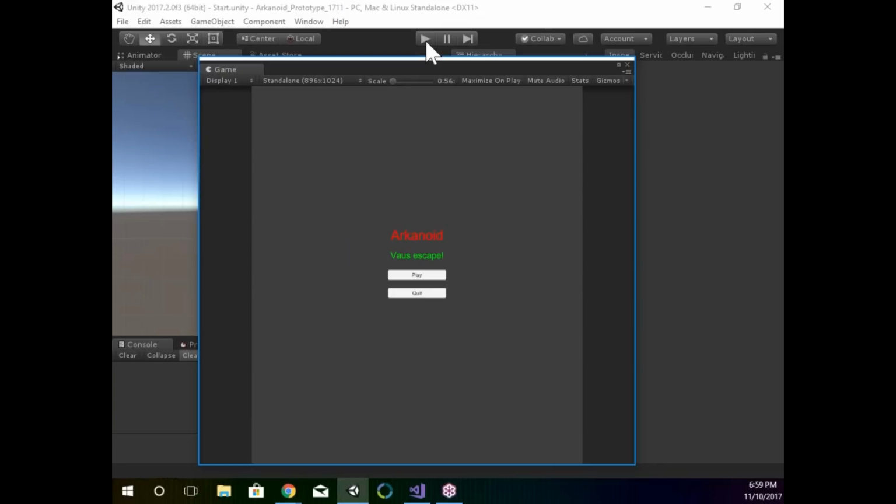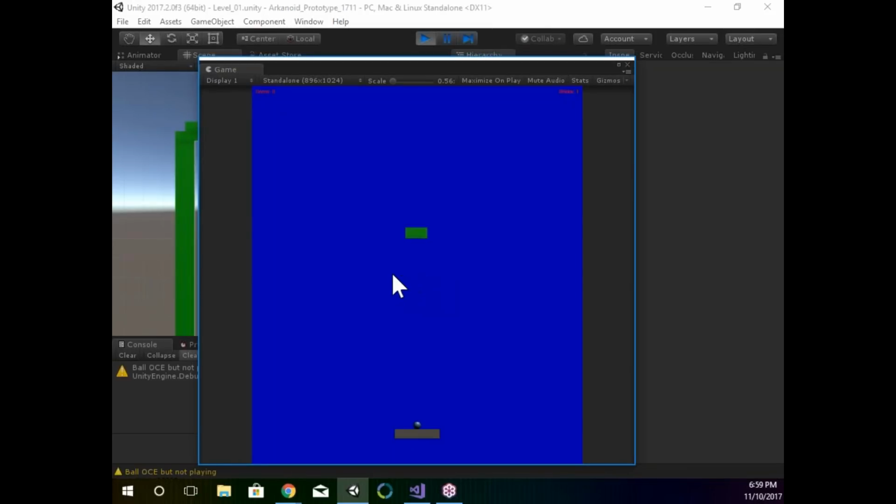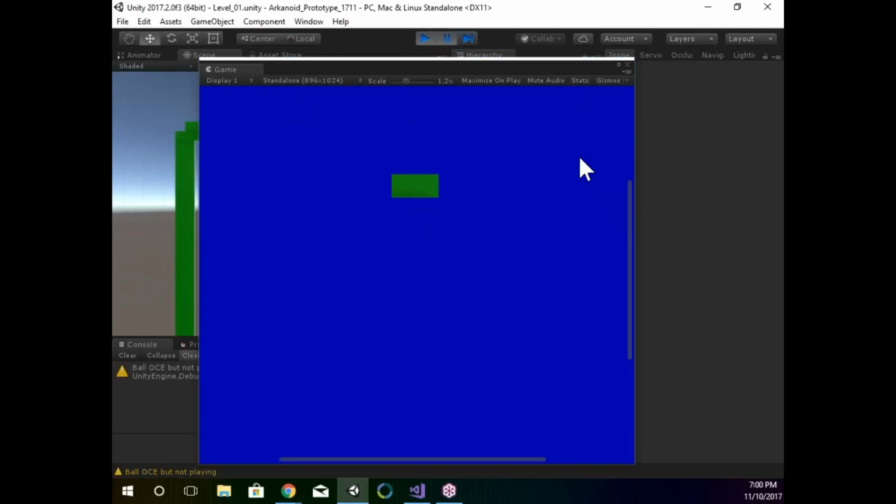And if I quit, we're shut down. Cool. If I start playing, it's kind of hard to see. If I zoom in and pause, I can pull my cursor using the middle mouse button, or use these sidebars. I can pull myself up to the corner, so I have 1 bricks,